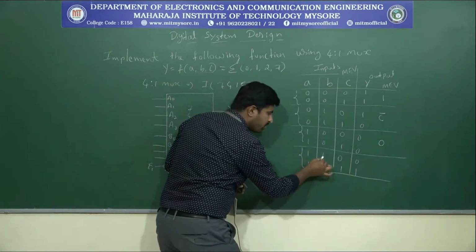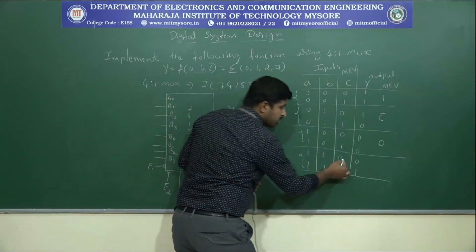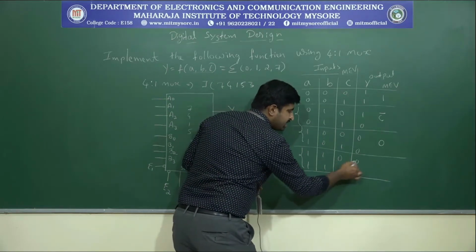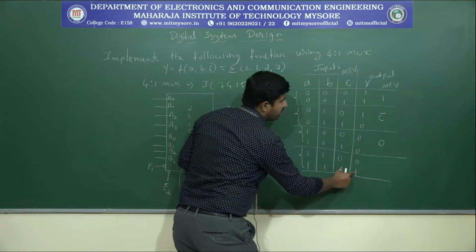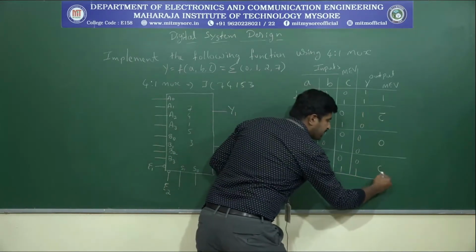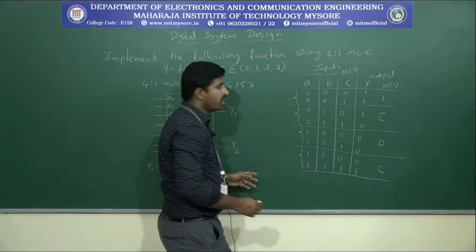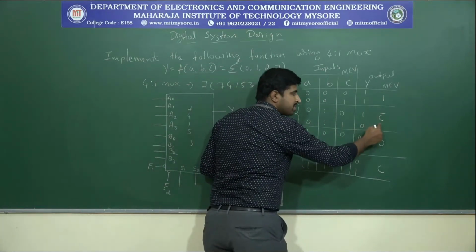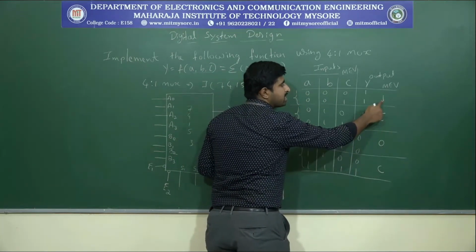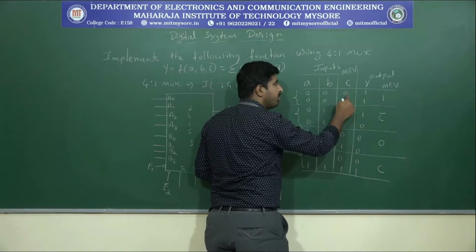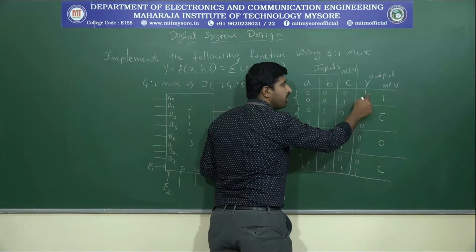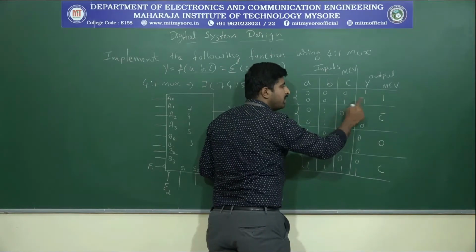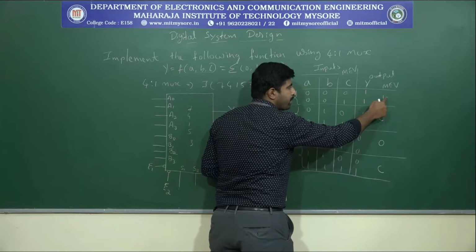Similarly, when 1 1 is the input, you can see here actually as the C changes, output will change here. So 0 0 1 1. So that means output will be represented in terms of C here actually. Here output is represented in terms of C bar. Here output is represented as 1 because whatever the C may be, output will always give you 1. When the C is 0, it will give 1. When the C is 1, it will give a 1. So that will be represented as a 1.